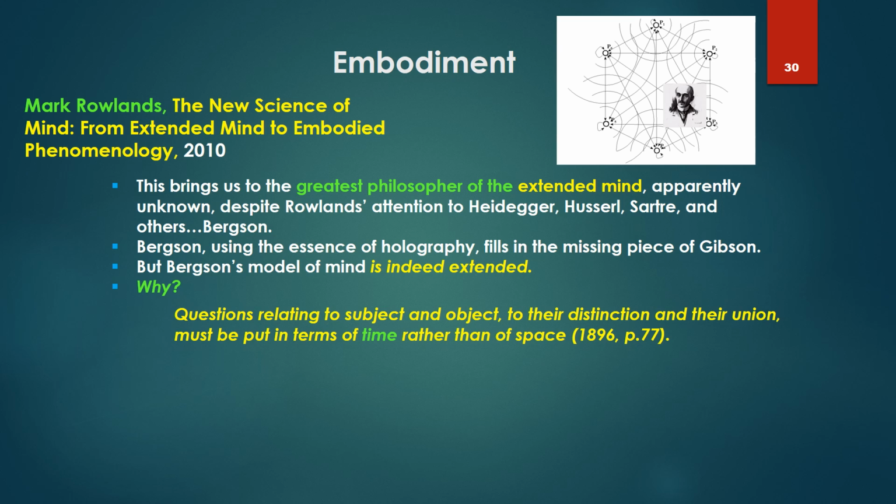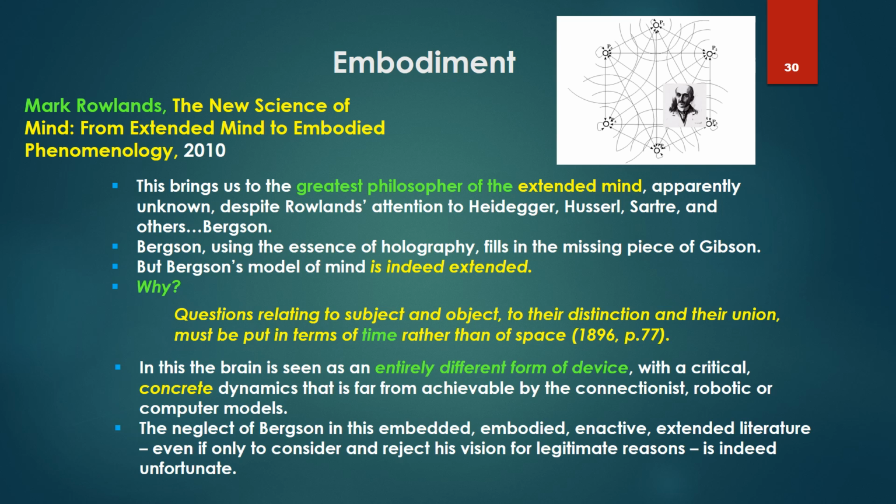Why? Because in his model, the relation and the difference between subject and object is not in terms of space, but of time. Remember, the body and the external environmental field are one field, one continuous field. And the differentiation between subject and object in this field is in terms of imposing increasingly larger scales of time. From electron cloud flies to flies stationary to flies flapping their wings like herons to buzzing flies of normal scale.